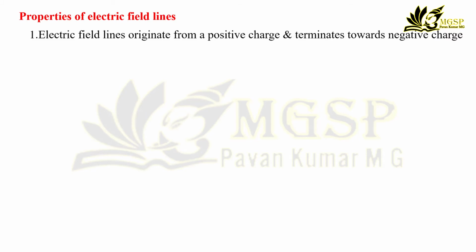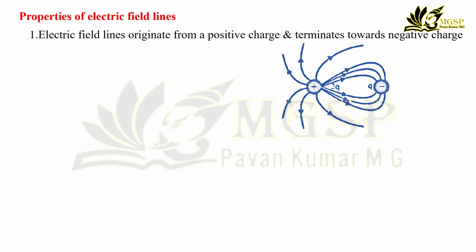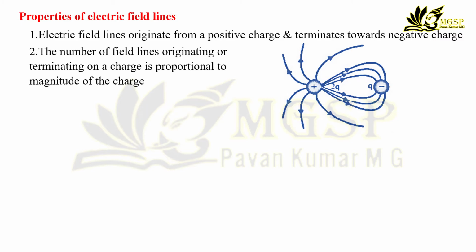Electric field lines originate from a positive charge and terminate at the negative charge, which means the field lines start from the positive and go towards the negative, like this. This is a positive charge and the field lines are moving like this. And next, the number of field lines originating at or terminating on a charge is proportional to the magnitude